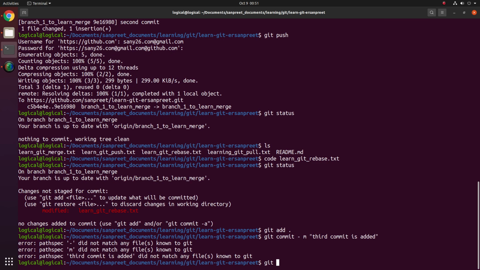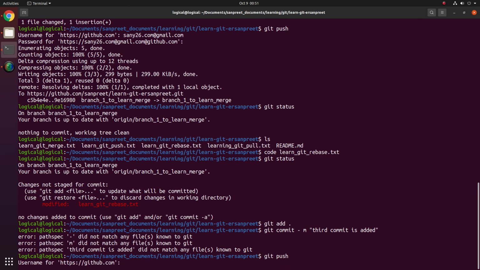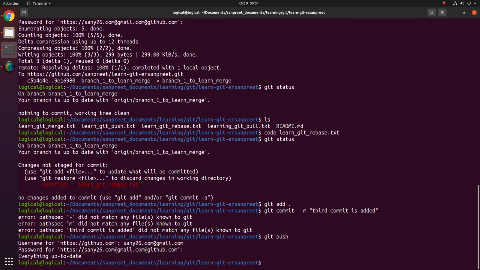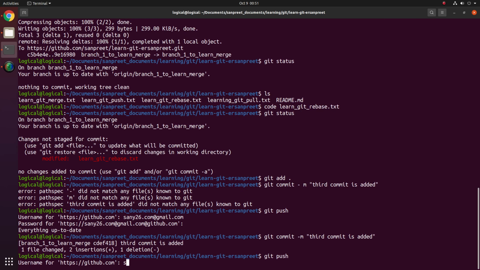So git push, it will be pushed with the name that is my email ID, and instead of password, again I say that now Git accepts a personal access token, which you can create. Why is it not pushing? Let me see that. Okay, git commit. Okay, that was my mistake. There is no space here. Apologies. Doing fast, sometimes you make a mistake.